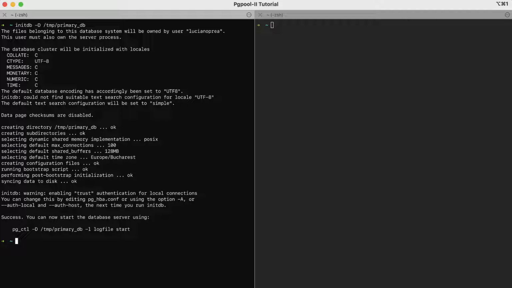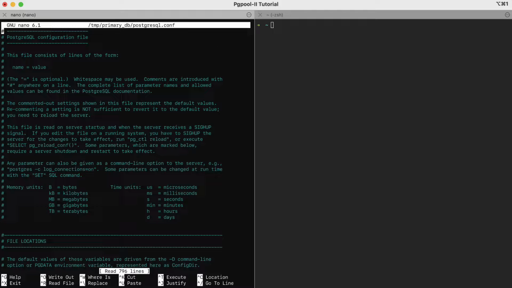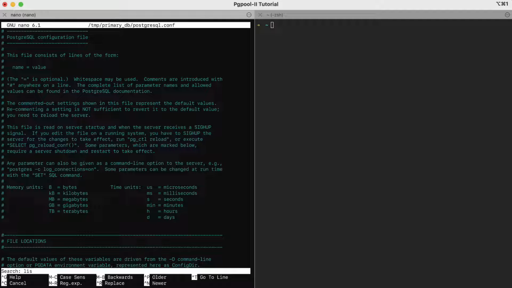Next, we'll configure the primary server for replication. To do this, we'll have to modify the PostgreSQL configuration file. So, I'll use the nano tool to make the changes, temp primary.db, PostgreSQL configuration file. First, we'll change the listen_addresses parameter. Ctrl and W to search, listen_addresses,